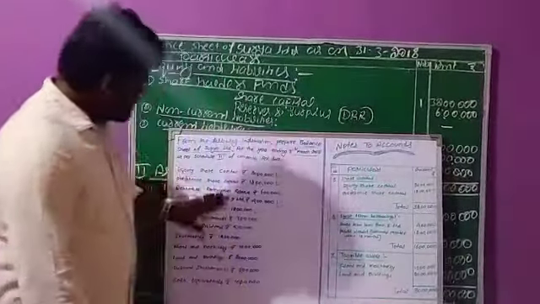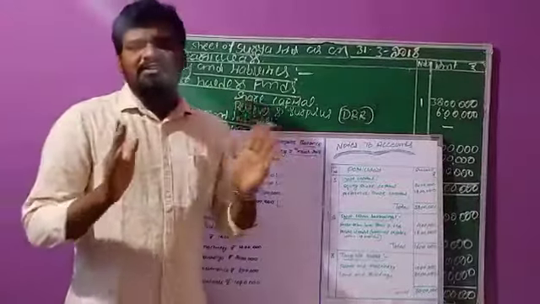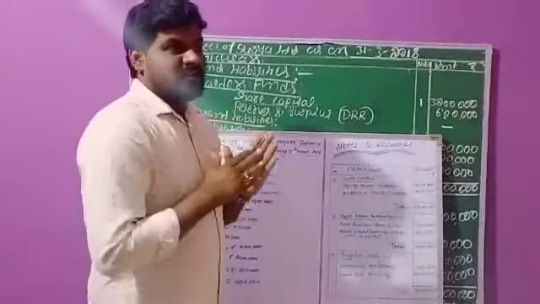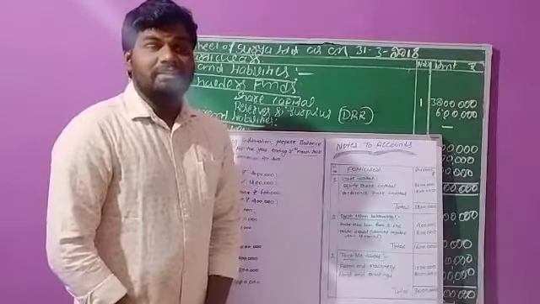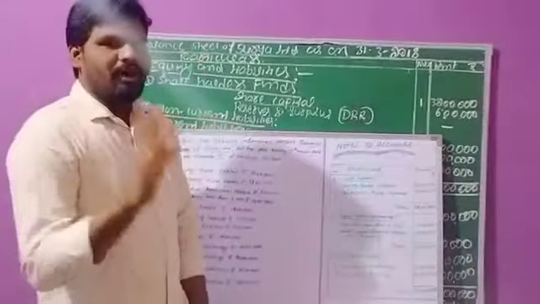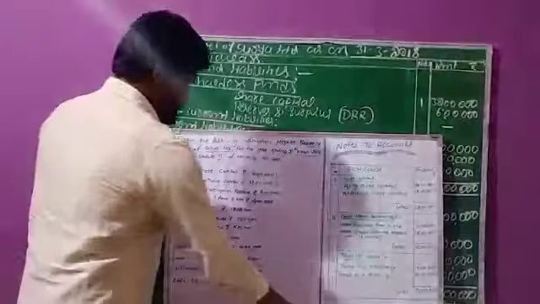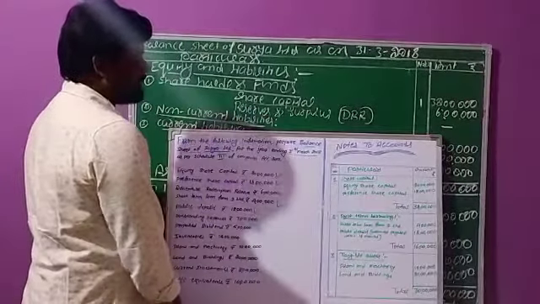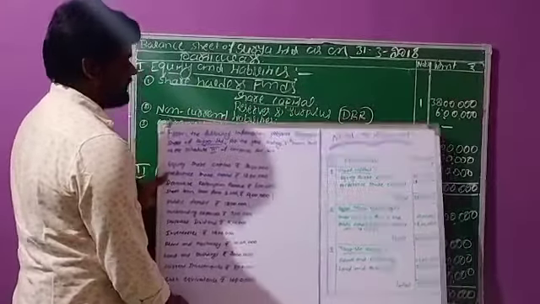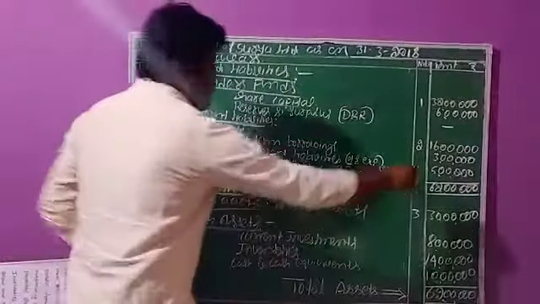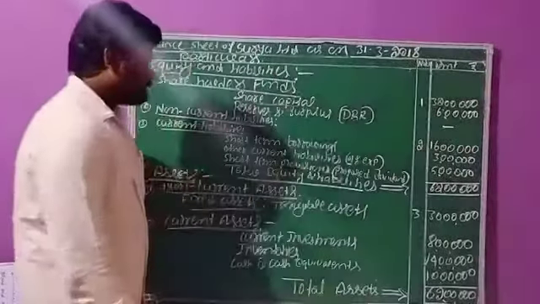But as per the given information, there are no transactions related to non-current liabilities. Non-current liabilities means those liabilities are settled more than the 12 months period of time. So here, long-term loans and borrowings side, the second headline, non-current liabilities. As per the given information there is no transaction, so for non-current liabilities you have to take a small hyphen in the amount column.